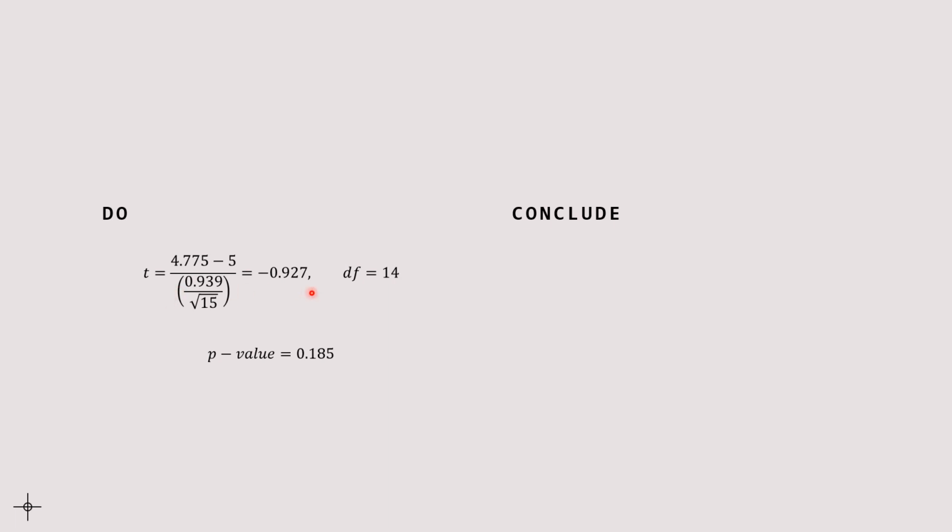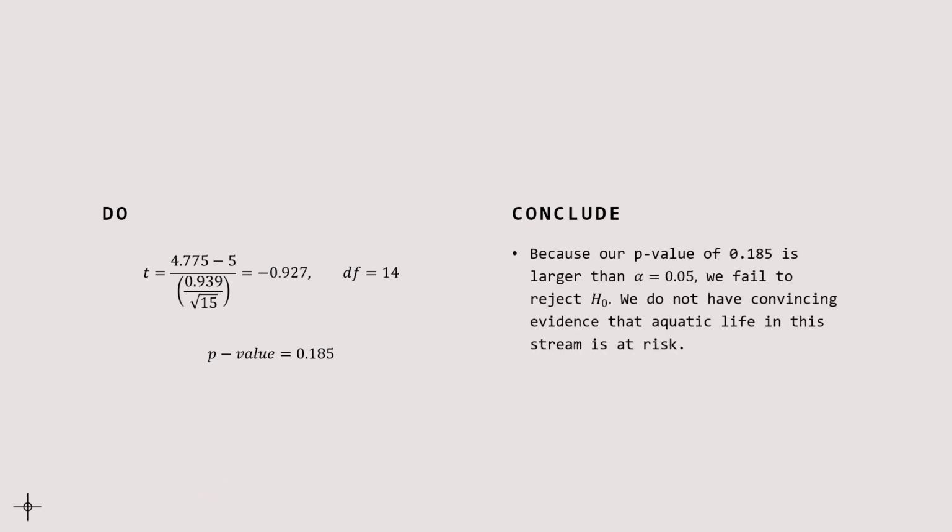Okay, from there we solve it, we get down to negative 0.927. So we would again want to draw our graph so we can see it, and then we see the bottom half of it. From there, calculate the p-value, which again is from your calculator. Okay, we'll be able to tell you your p-value fairly easy, it is 0.185. Remember, our alpha was 0.05, so this is almost 4 times, over 3 times, but not 4 times larger